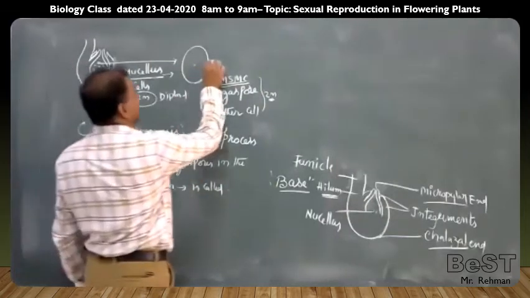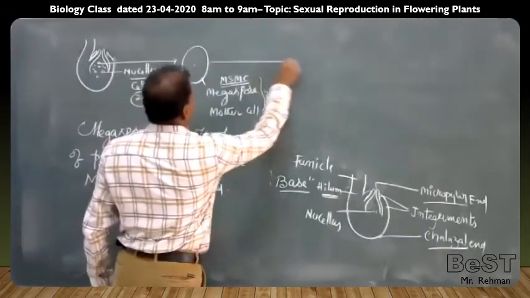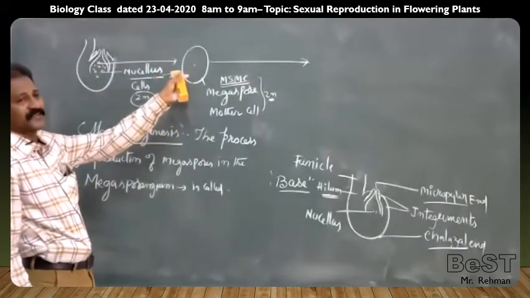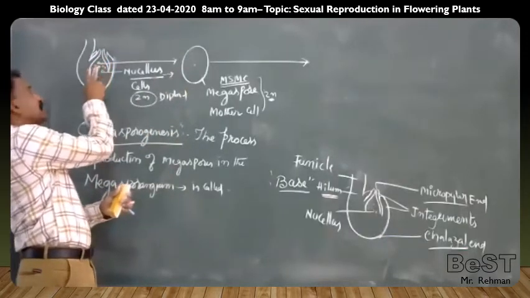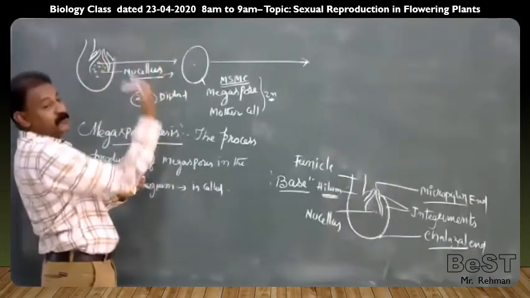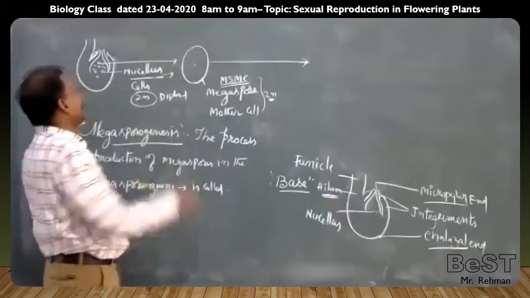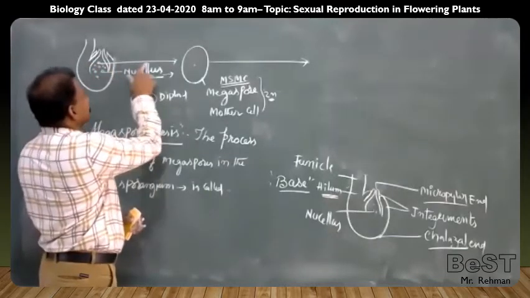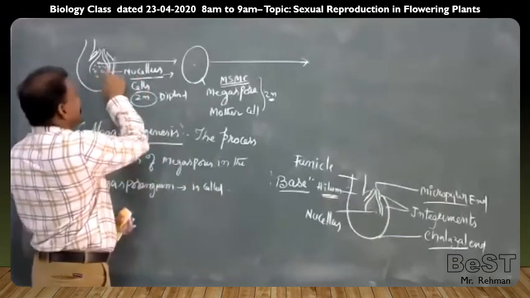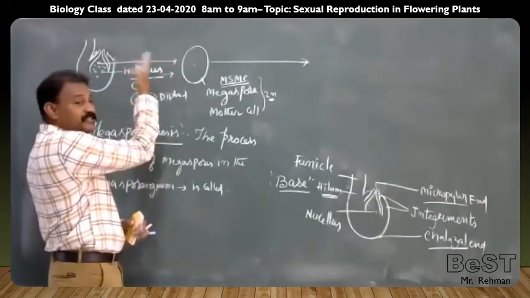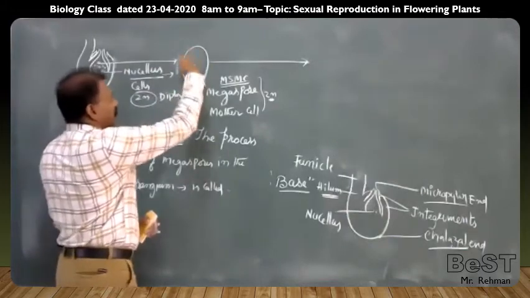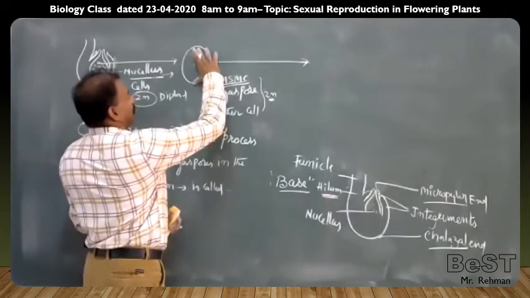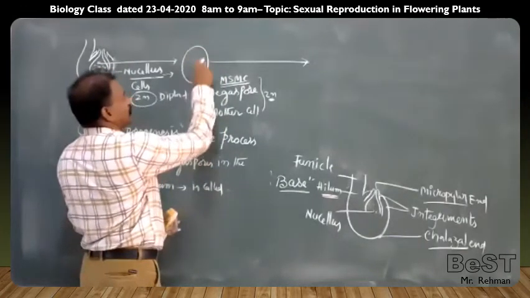This megaspore mother cell undergoes changes. There are many theories in the older, subject-concept-oriented books: an archesporial cell will be formed, which will develop into an outer parietal cell and an inner sporogenous mother cell, like that. In a nutshell, all of that is not given in the book according to PUC standards. One of the nucellus cells differentiates and undergoes many changes into the megaspore mother cell, which is diploid. It is somewhat larger in size, having dense cytoplasm and a nucleus.